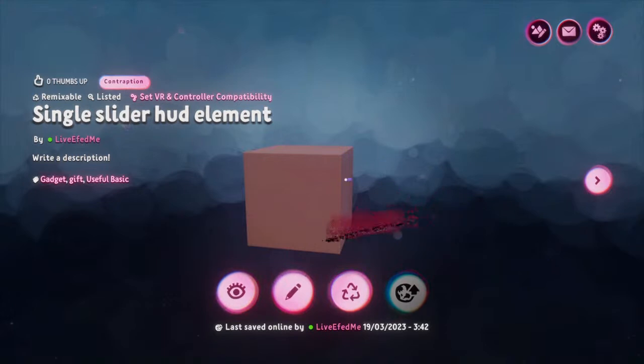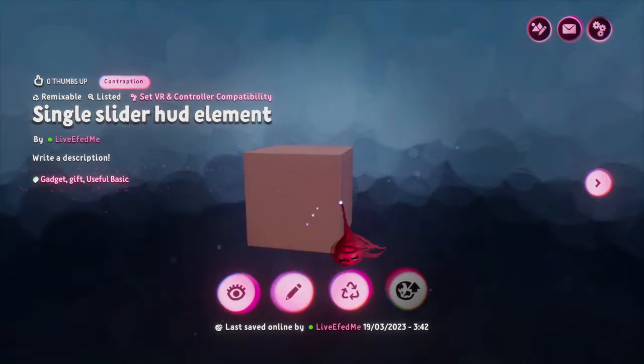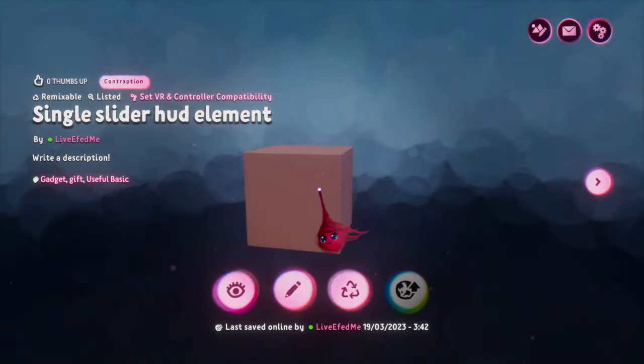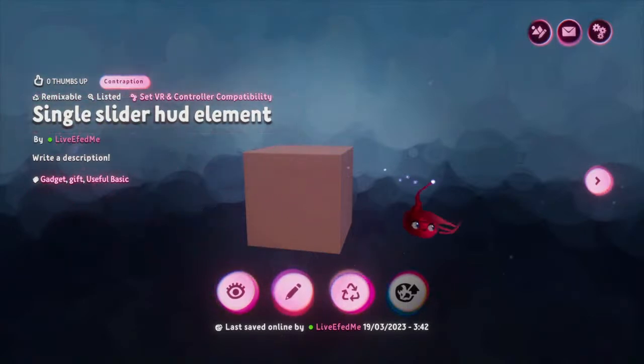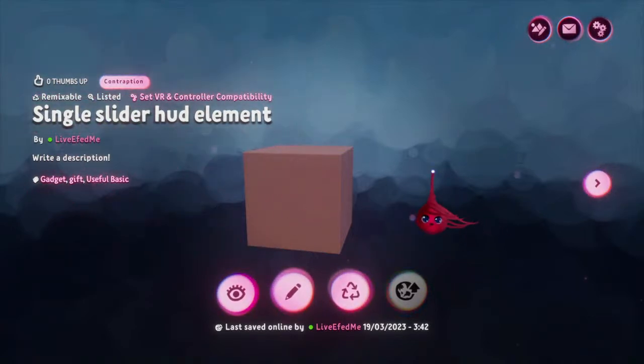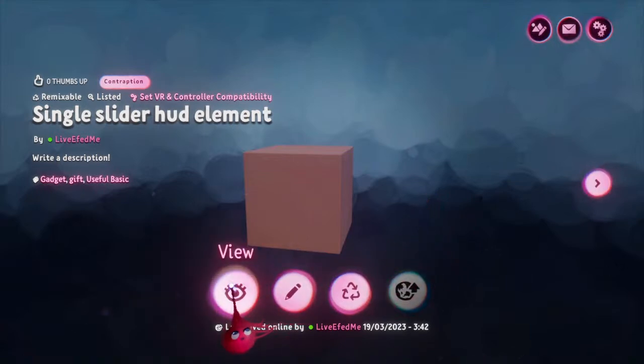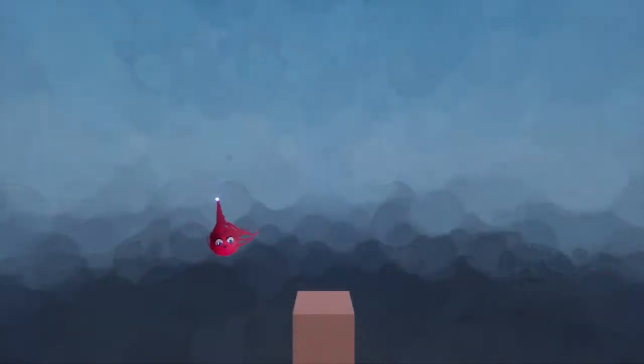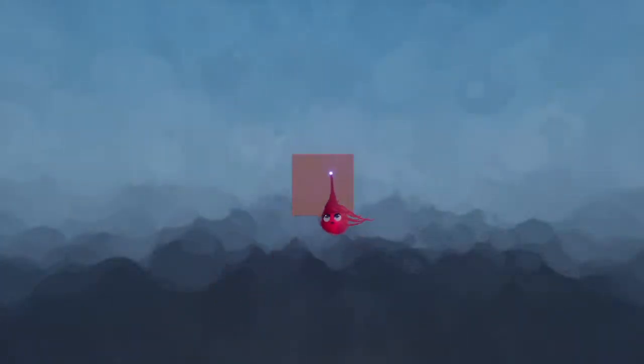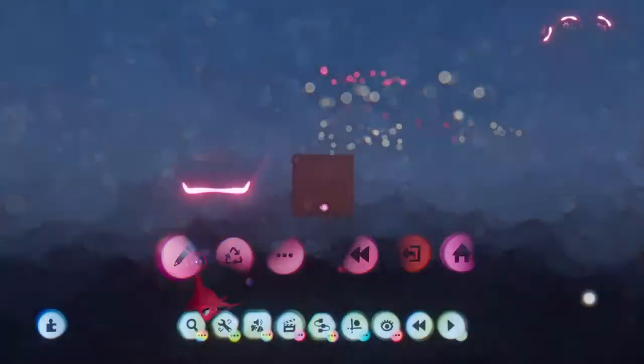This is going to be a quick little tutorial slash guide slash showcase of HUD elements. This is a slider. Things like switches and stuff like that can all be done basically the same way. But this one's up, so if you don't want to make your own, you can use this. So if I just go to